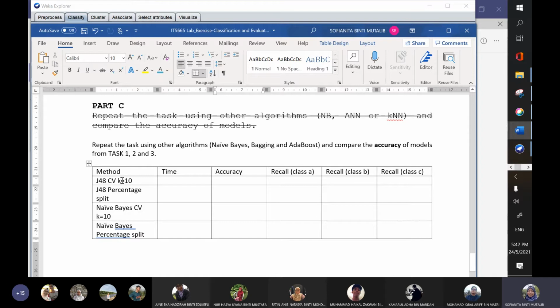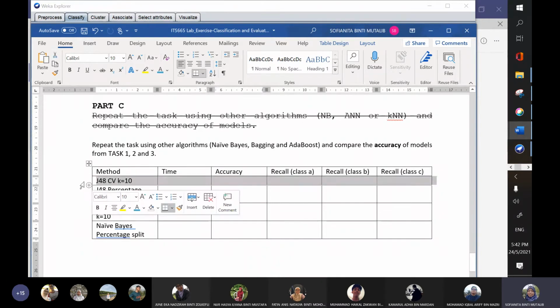But when you change the cross validation to k equal to 30, you observe that the accuracy changed tremendously. For example, from 95 it changed to 70. So here it does not show consistency in terms of the learning process. Normally in machine learning, when we have some algorithms that we want to test, we also do some kind of setting and change some of the parameters here.